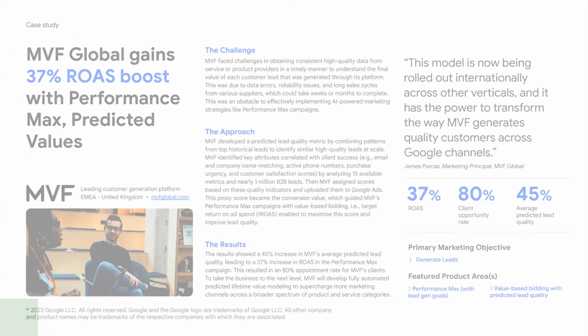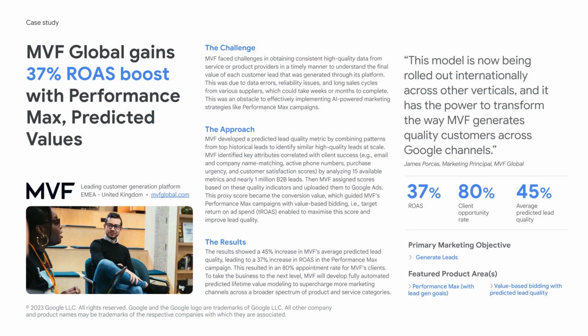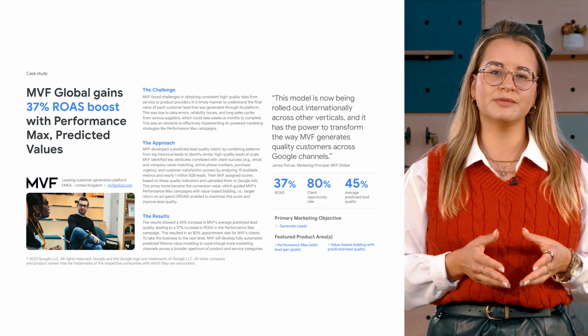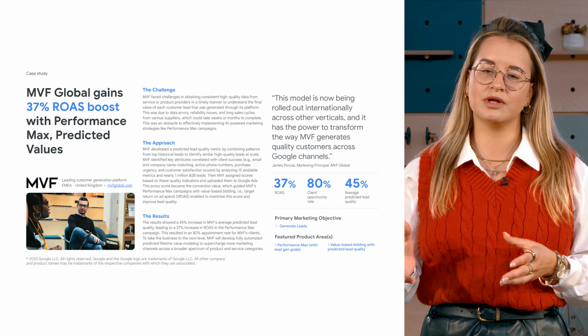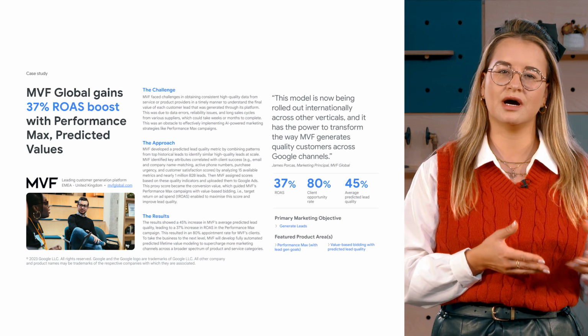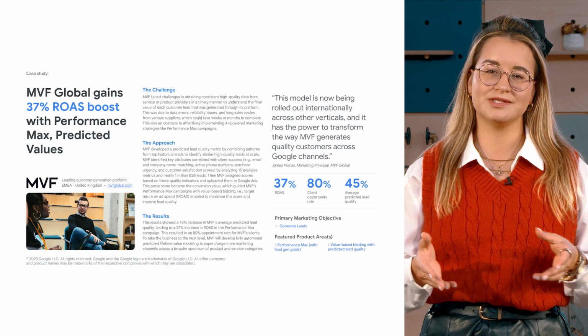MVF is one of the leading customer generation platforms for B2B based in the UK. Due to data errors, reliability issues, and long sales cycles from various suppliers, which could take weeks or months to complete, they were struggling to understand the final value of each customer. To address this challenge, they developed a predictive lead quality metric by analyzing patterns from historical data on nearly 1 million B2B leads